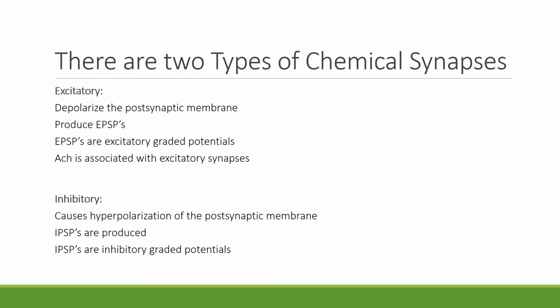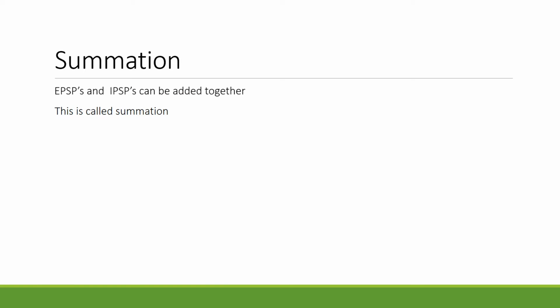The inhibitory synapses cause hyperpolarization of the postsynaptic membrane. IPSPs are produced, and IPSPs are inhibitory graded potentials. EPSPs and IPSPs can be added together. This is called summation. And there are two types of summation: temporal, meaning summation over time, and spatial, meaning summation